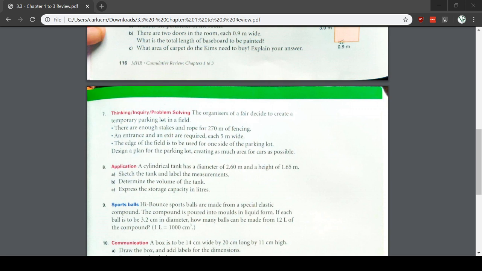but there's one little extra piece that we need, and that's an entrance and an exit. So we can have an entrance, say here, and an exit here. What that does is it gives us an extra 10 meters of space to go around. So instead of 270 meters of fencing alone, we have the 270 meters of fencing plus our 2 5-meter entrances. So we have 280 meters in total